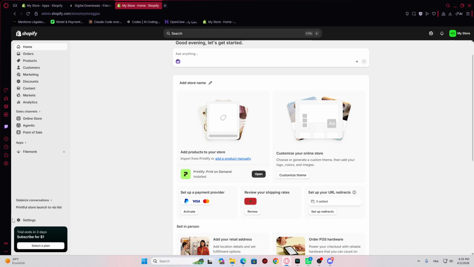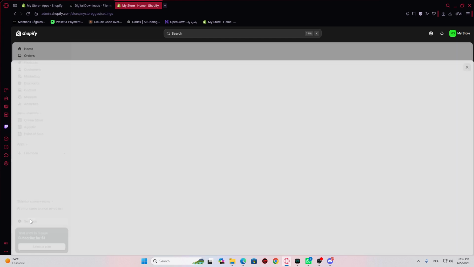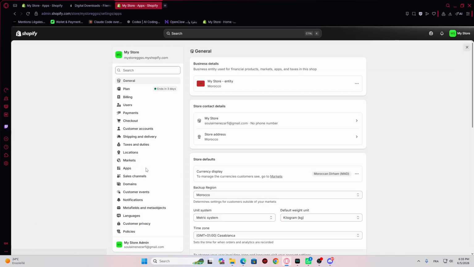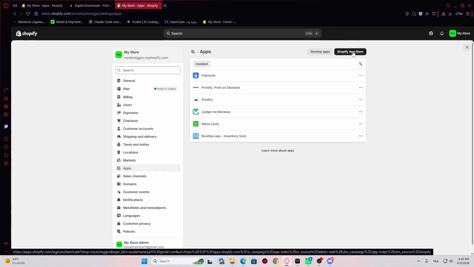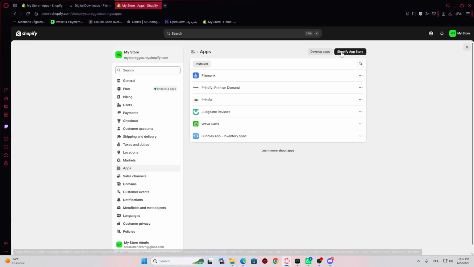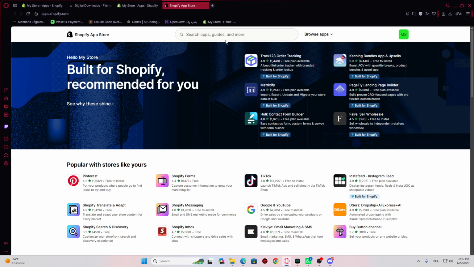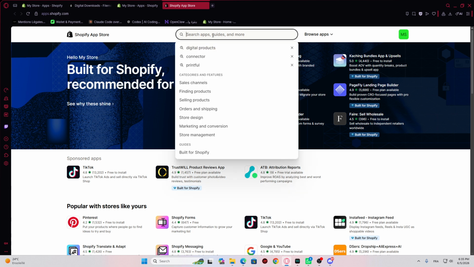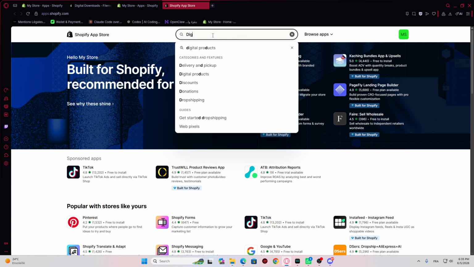To do that, guys, you will need to go to the settings on the left hand menu. It's on the bottom, and then just go to apps right here, then go to the Shopify App Store. Then just go to the search bar at the top and look for the digital